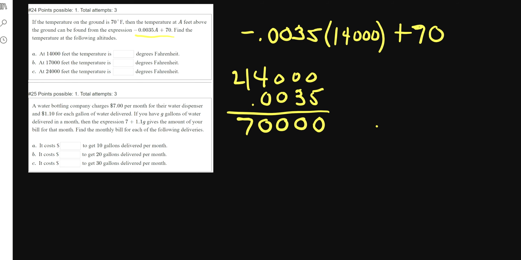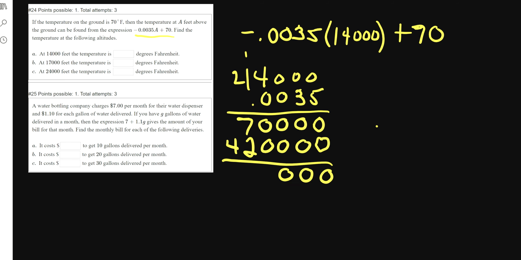And now multiply the 3 going across, but first I'm going to put this placeholder here, and then I'll start in the tens column. 3 times 0 is 0, 3 times 0 is 0, 3 times this 0 is 0, 3 times 4 is 12, and 3 times 1 is 3, plus 1 is 4. When I add this up, a lot of zeros, I got